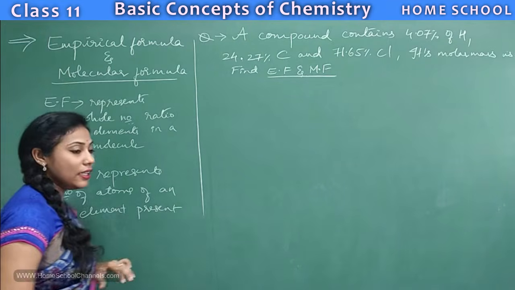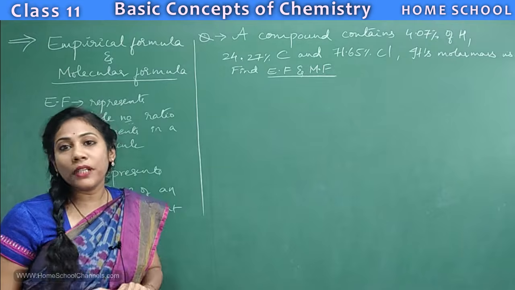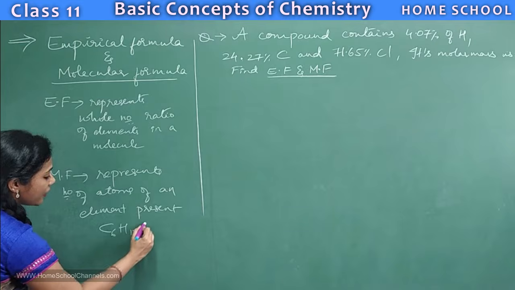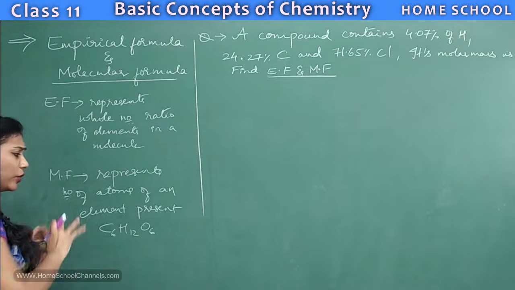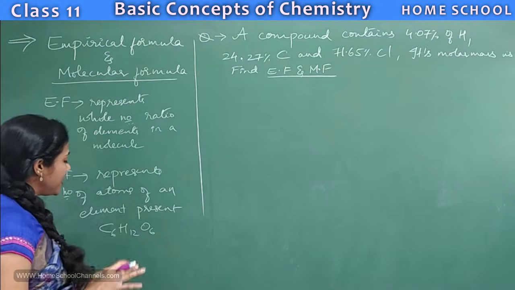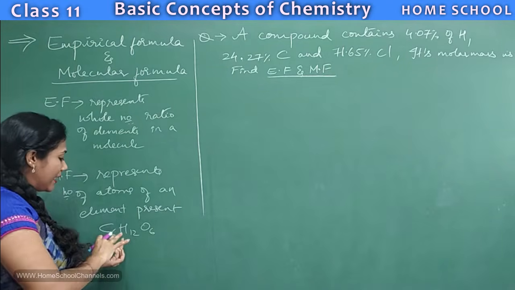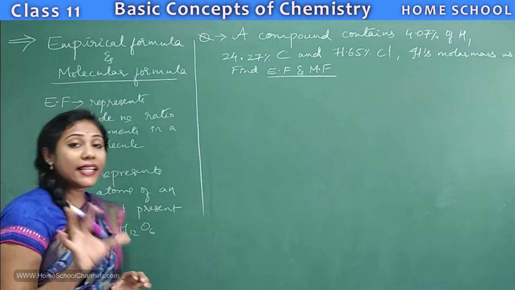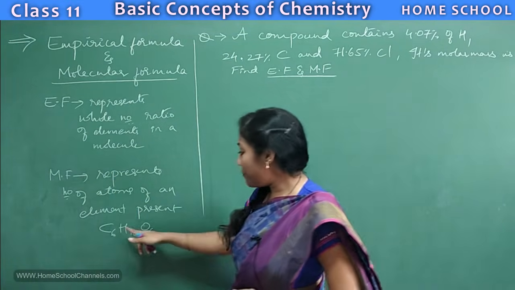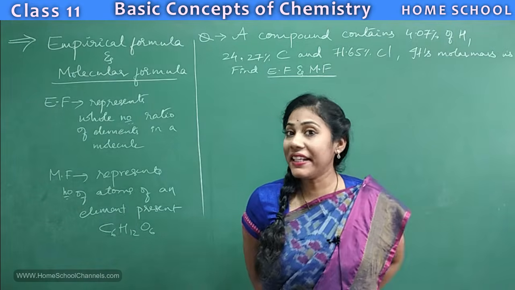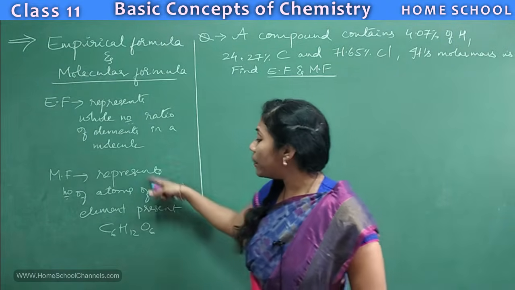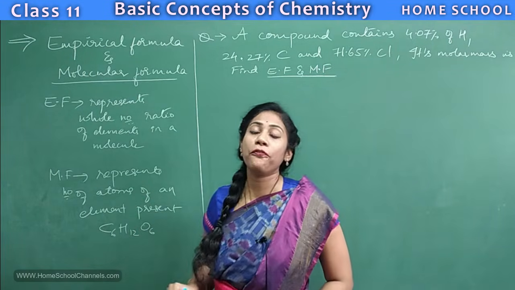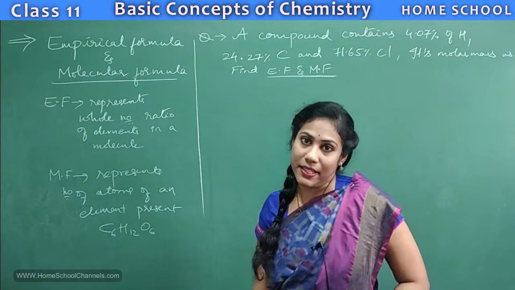Okay, say for example, we all know the molecular formula of glucose, right? So the glucose molecular formula is C6H12O6. So looking at this formula, you can actually say that there are 6 carbon atoms, 12 hydrogen atoms and 6 oxygen atoms, right? So the number of atoms of a particular element you can identify, and the molecular formula would give you the detailed idea about how many atoms of an element are present, right?